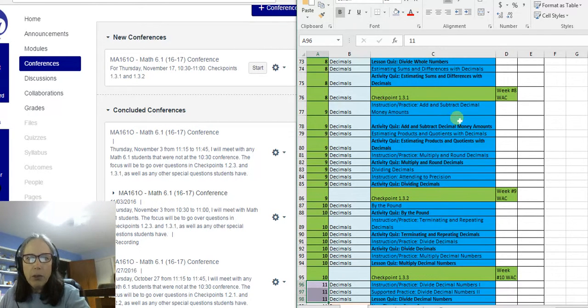All of these in blue are lessons that you'll be doing in Compass Learning. All of these green ones, the checkpoints, you have to come back into our classroom over here, the IA classroom, and do them here. This right here, I have clicked on the word conferences just to talk about that for